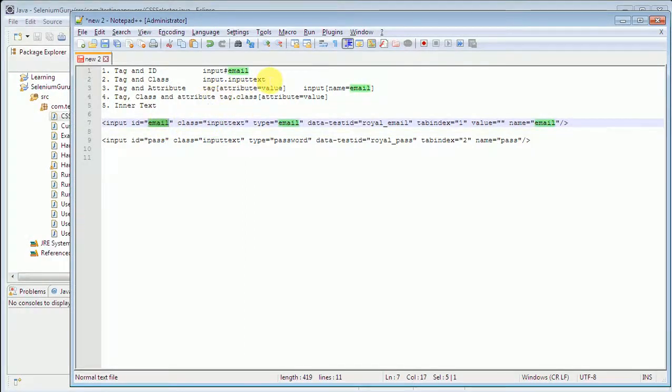Okay, if you are using tag and class, for that reason you can use tag, class and attribute. In the attribute I can use the name, or an index, because the index is also different. Or this data test ID type we can also use as an attribute here. Okay, so in that case